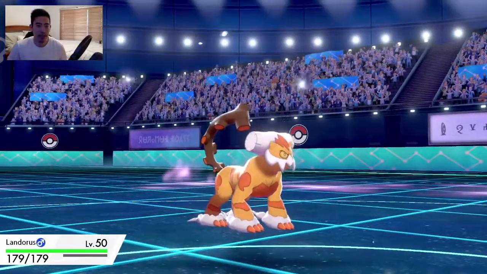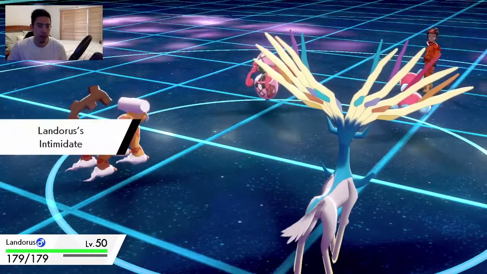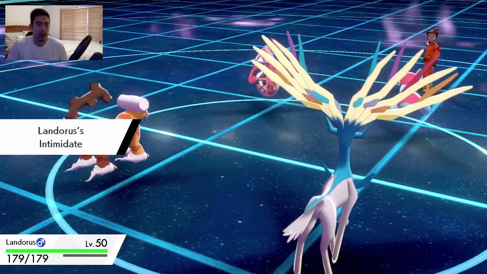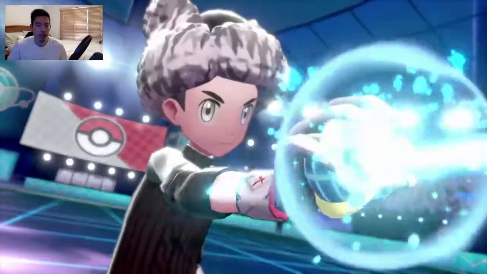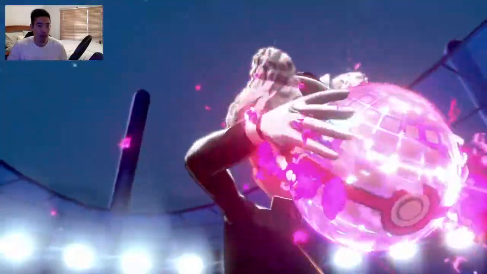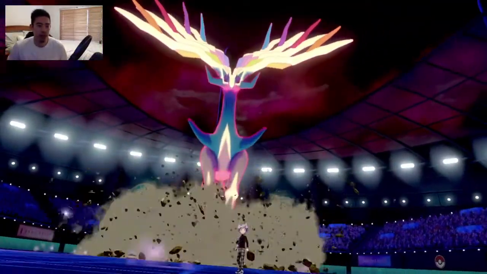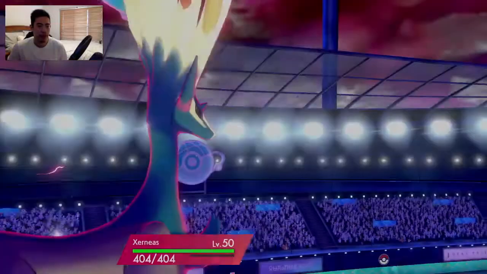So here comes the Landorus. Landorus isn't going to be doing all that much, but I wanted to preserve the Amoonguss. Another option I could have done was to protect the Amoonguss, but I do want to get rid of this Porygon sooner rather than later, because once the Porygon's gone, I don't have to worry too much about other things, you know, about speed control, things like that, but...